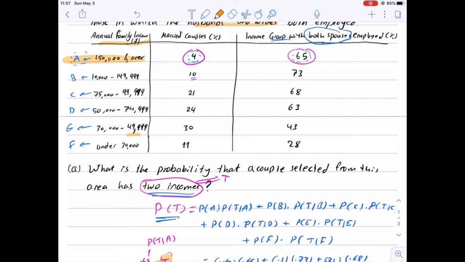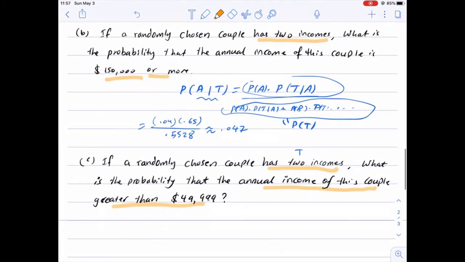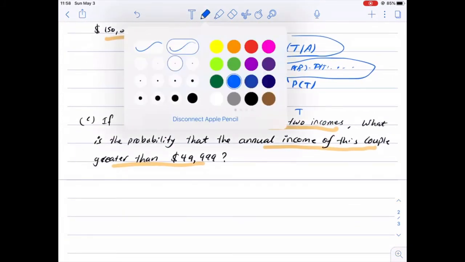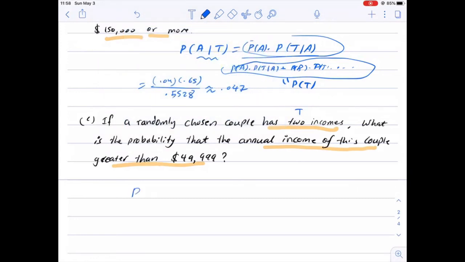Greater than this means those four groups A, B, C, and D. So we want to find probability of A